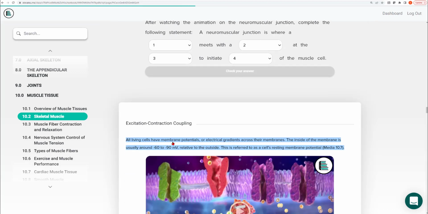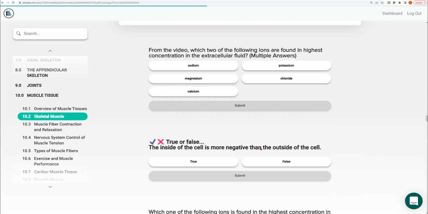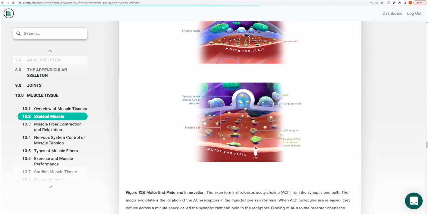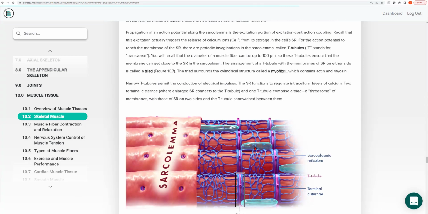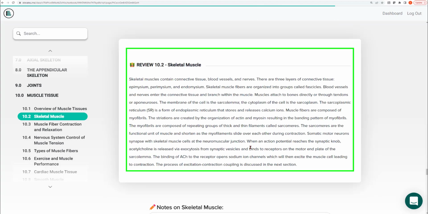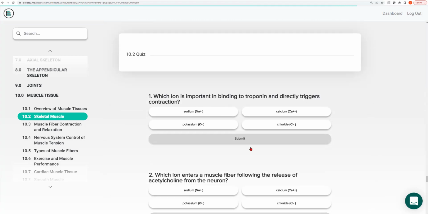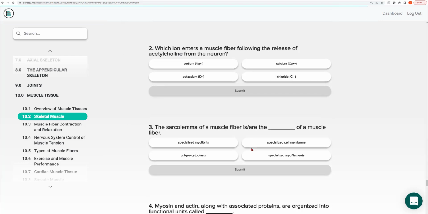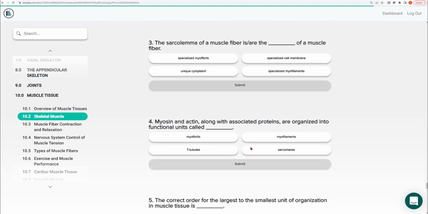You'll see I put blue here, but this is just a roadmap for me. The rest of 10.2, excitation-contraction coupling, don't worry about any of these. Therefore, also don't worry about the questions that are down here. When it comes down to the very end of this, you do not need to worry about any of these questions because they all deal